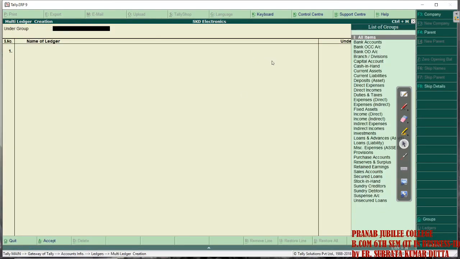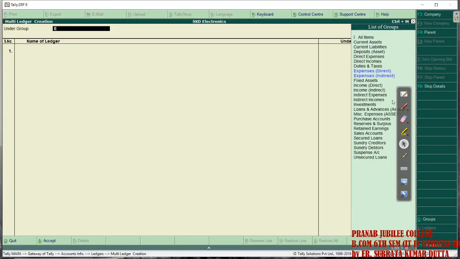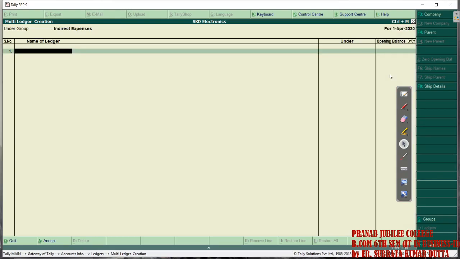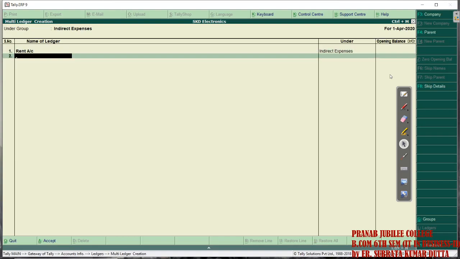We'll give the name of the group. Since it is expenses, it is expenses indirect. In multiple ledgers, first is rent account, and then office expenses.